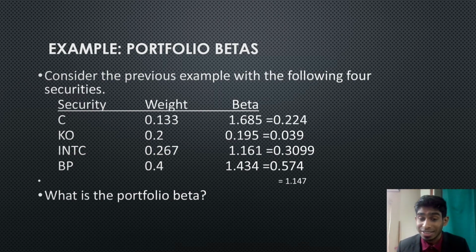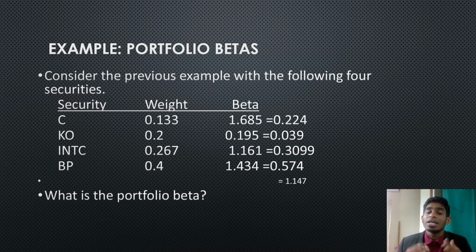So 0.133 multiplied with 1.685, what do you get? So use your scientific calculator, you should get 0.224. Then 0.2 multiplied with 0.195, 0.039. 0.267 multiplied with 1.167. You should get 0.3099. 0.4 multiplied with 1.434. You should get